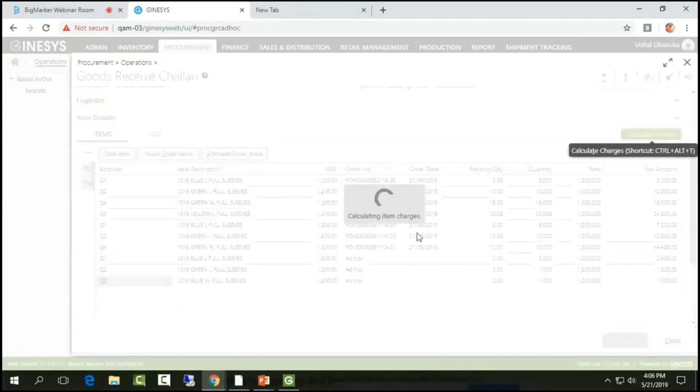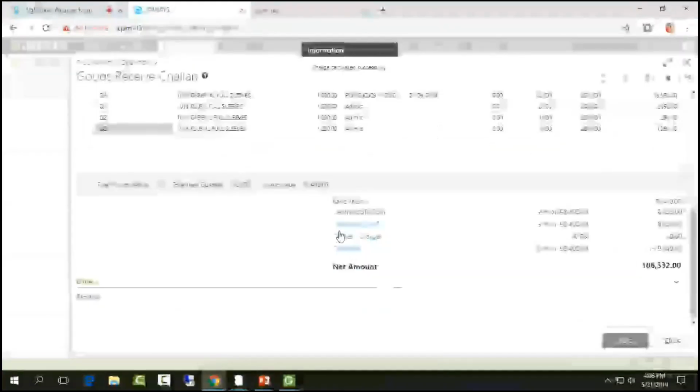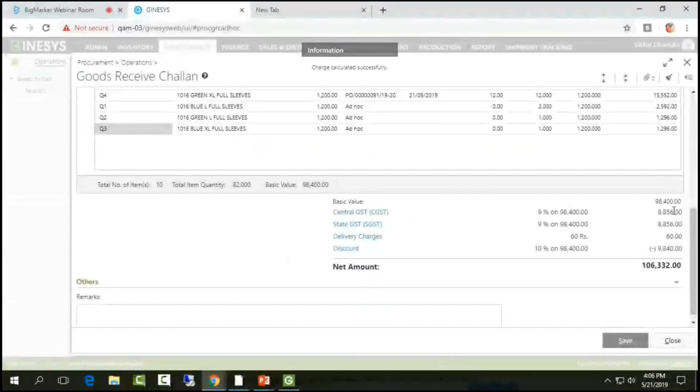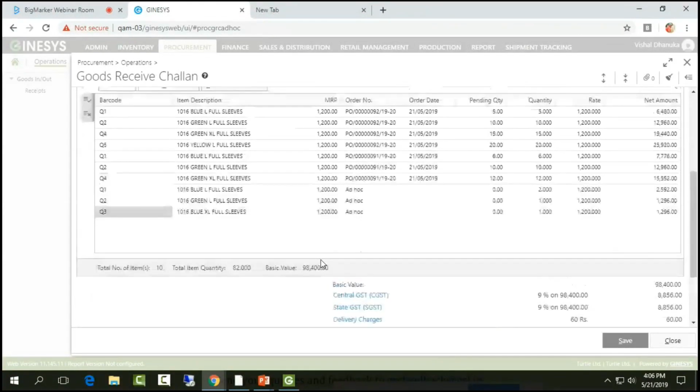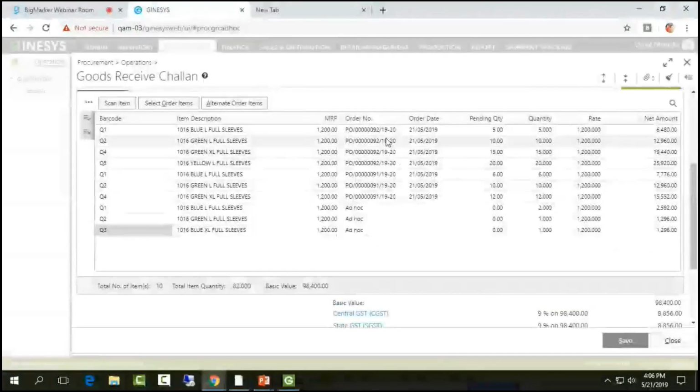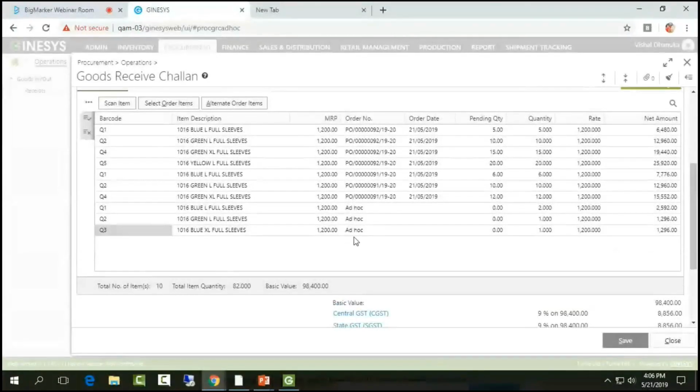Now if we calculate charge, we can see that the charge has been calculated and populated over here, right? So this discount 10% charge has been populated for all the items over here, irrespective of orders and ad hoc items. Now, if as a user I want to modify the charge for discount for item Q1 from 10% to